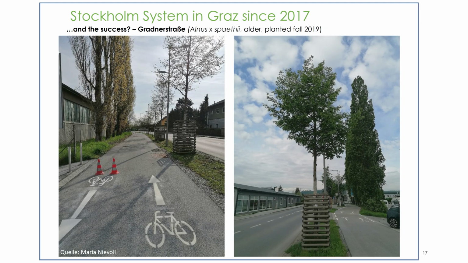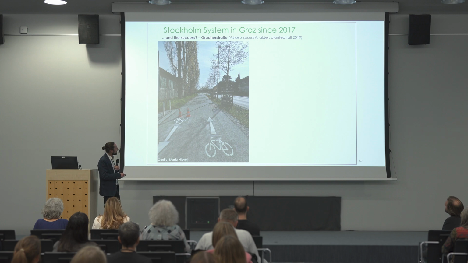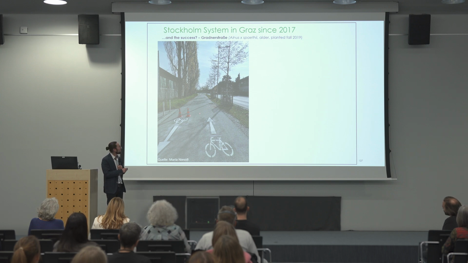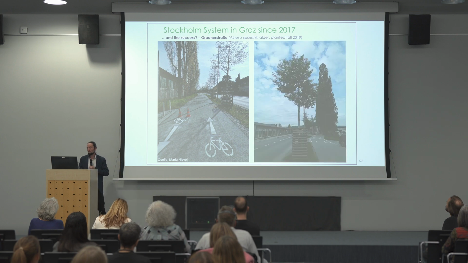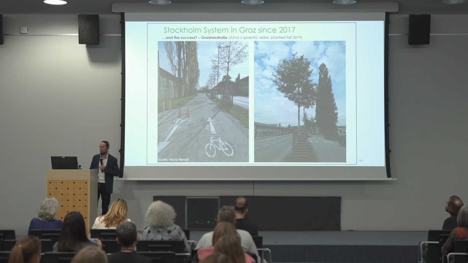Or another example, where we put in water from a street with a lot of traffic. You know, there are a lot of heavy metals and all of these things which are actually not good. Also salt. In this green line we planted the alder. It's also quite a nice tree, and we put the gravel underneath the bicycle way. And this also has really nice progress, as you can see there.